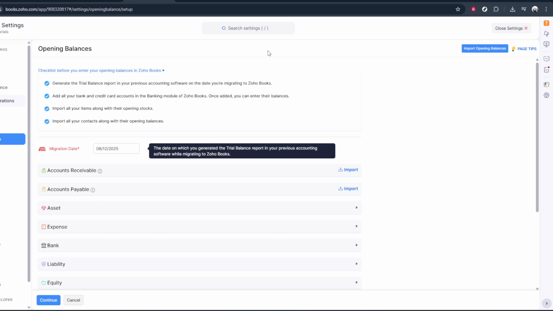From here, you can carefully input the opening figures based on your previous records or trial balance. When you're done, remember to save your changes so the updated opening balances are applied to your reports and transactions going forward. And that's it. You've now navigated from the Zoho Books dashboard to the opening balances section and opened it for editing, so you can